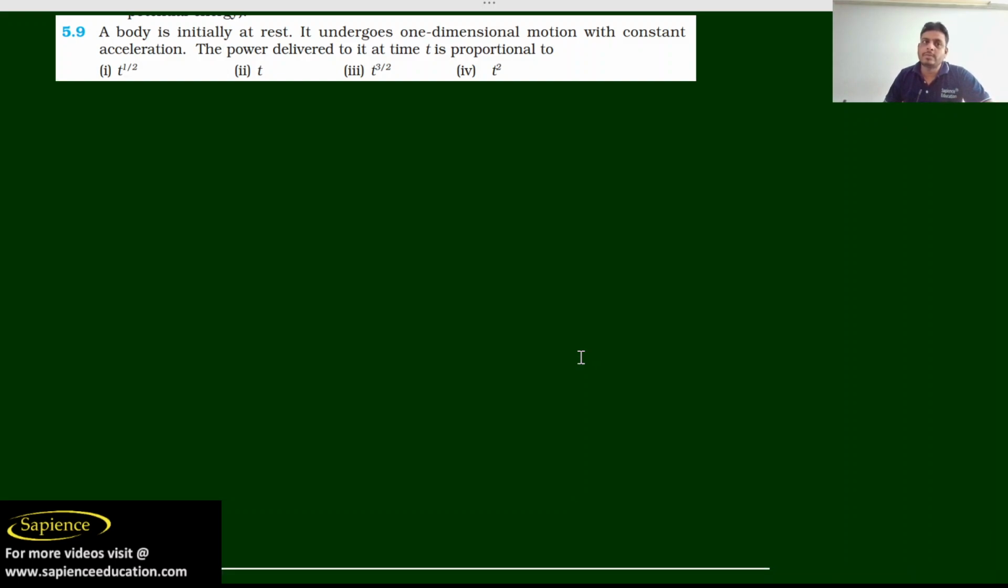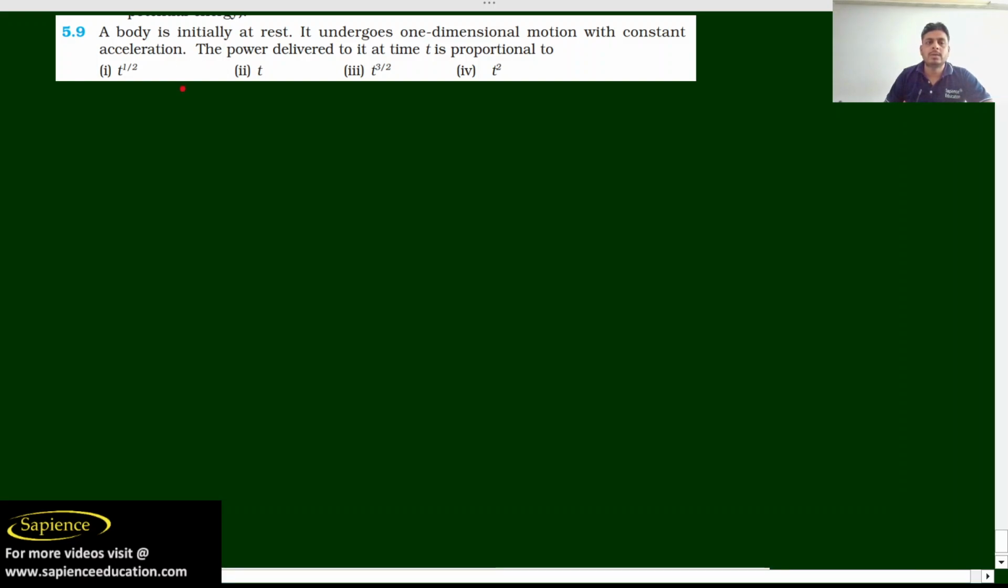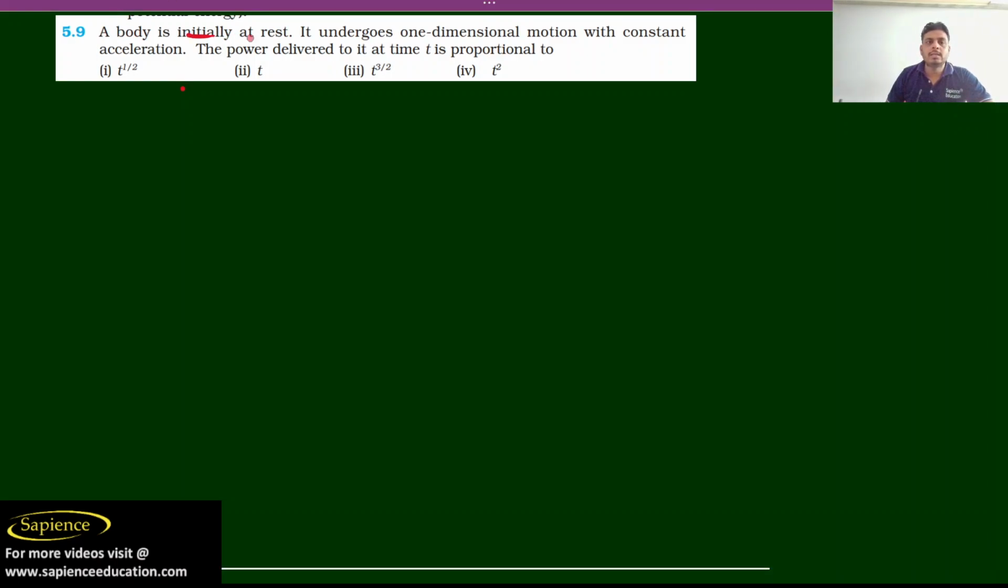So we are going to solve a physics question from work, power and energy, question 5.9. Let us read the question. A body is initially at rest, and it undergoes one-dimensional motion with a constant acceleration, and the power delivered to it